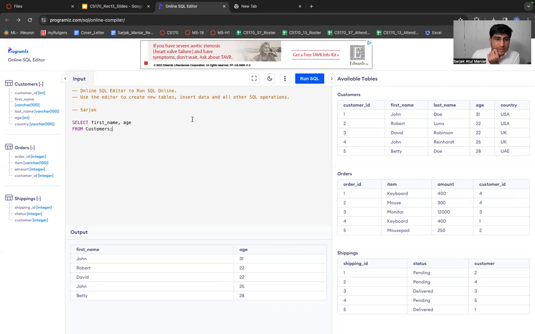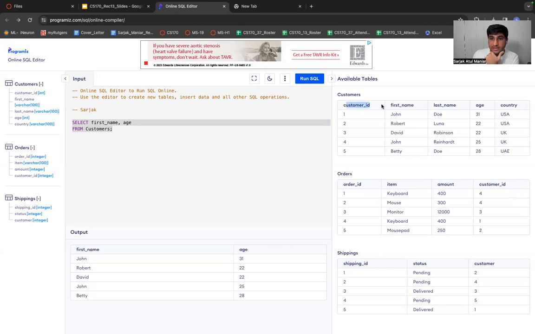Okay, so let's quickly try to understand the first line of our SQL code. On the right-hand side, if you see, there are a couple of tables, right? We have the customers table, the orders table, and the shippings table. In the customers table, if I ask you how many columns are present, just pause this video and think of the answer.